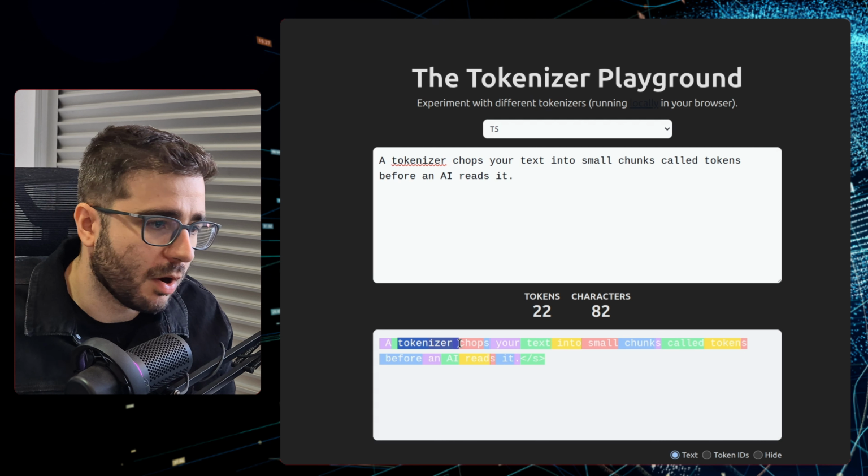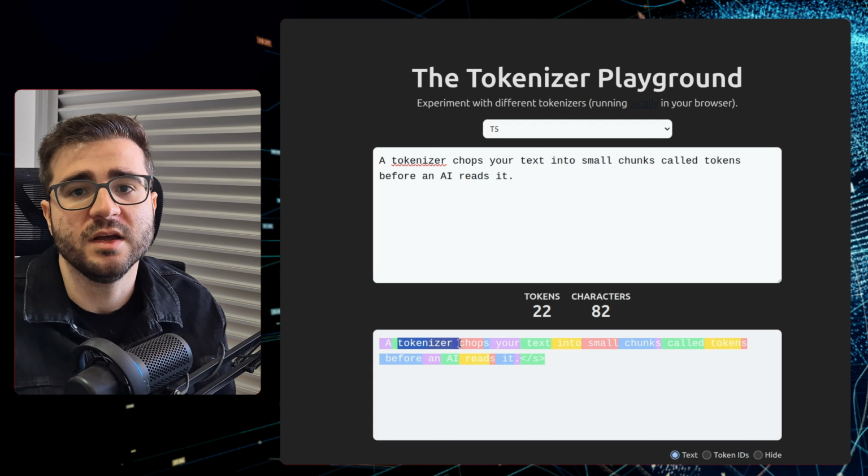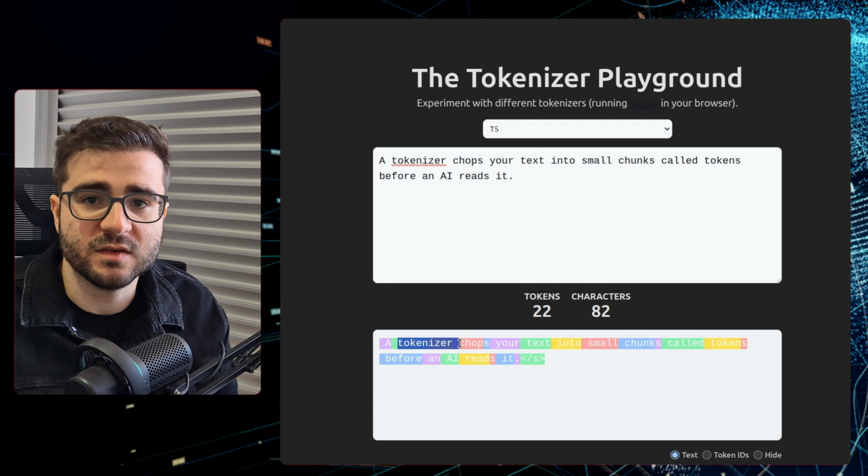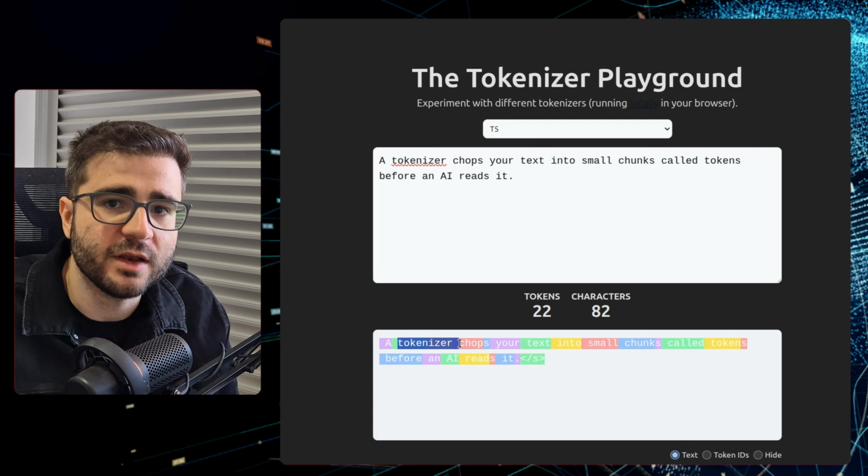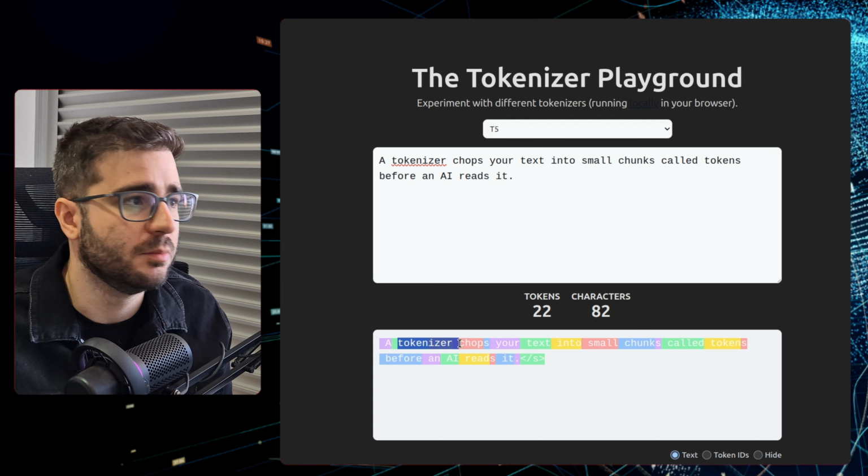We have a couple of trade-offs related to the tokenizers that we are using, and Anthropic opted to change the tokenizer for the new Opus 4.7 model.